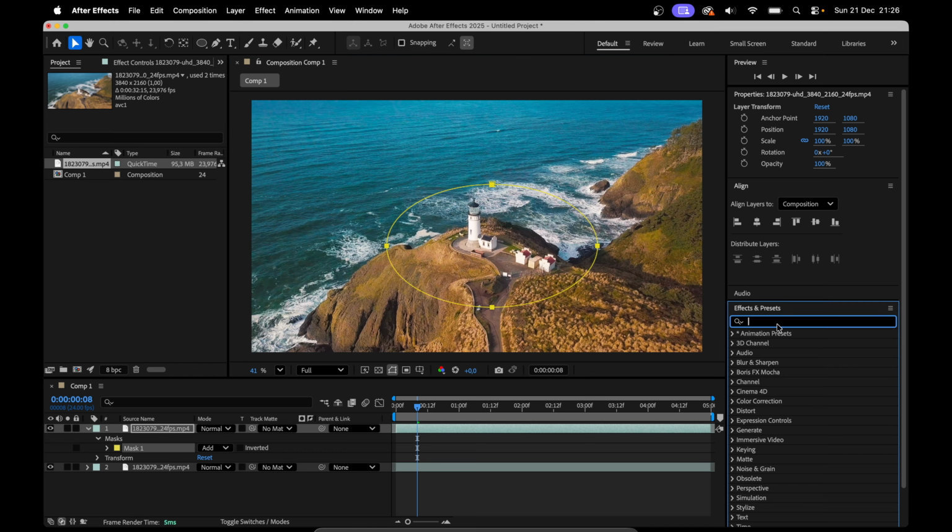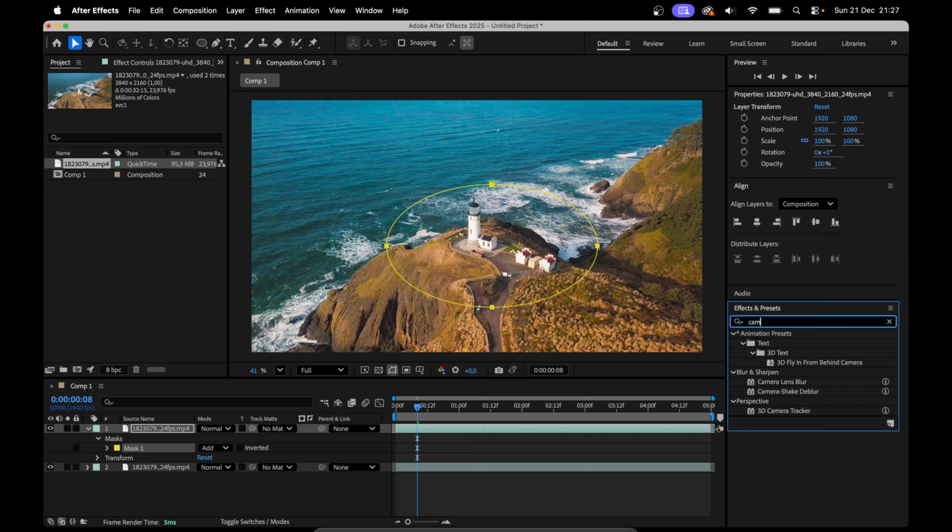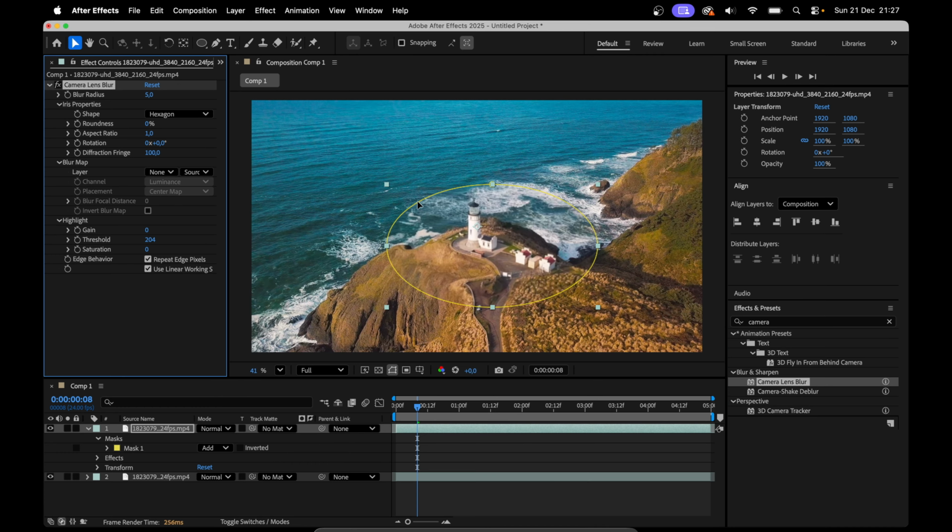And then I'm going to go to effects and presets, and I'm going to apply camera lens blur. Drag and drop that on. The area's gone blurry in the middle, so what we're going to do is we're going to invert it. And now the rest of the image is blurry. We're going to increase the blur radius, so now the surrounding area is a bit more intense, to about somewhere